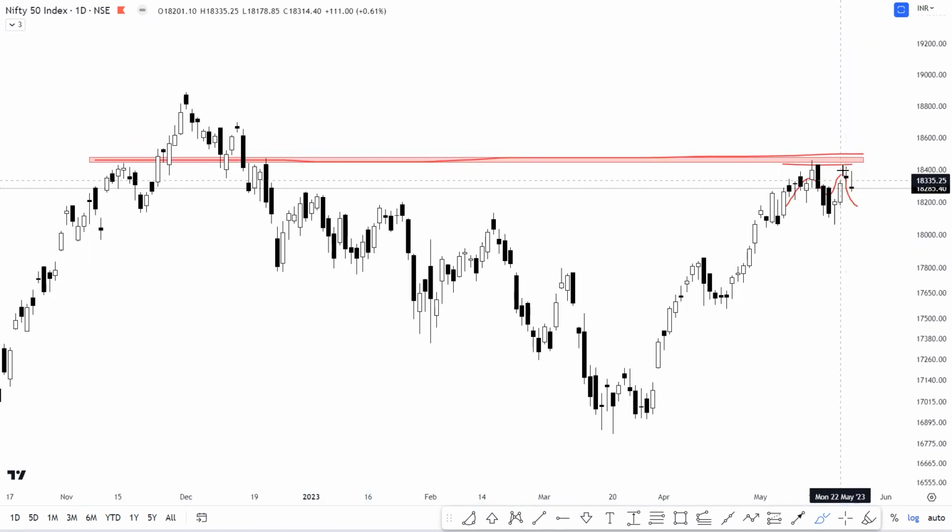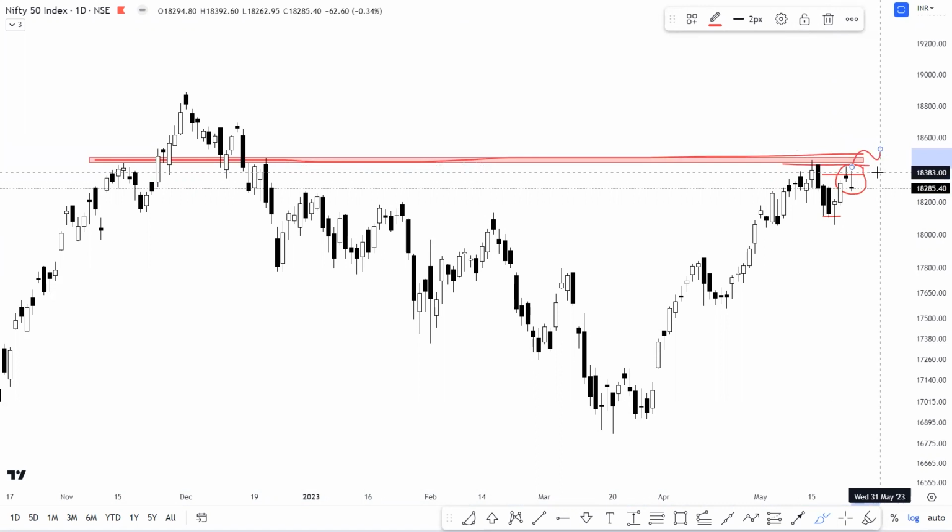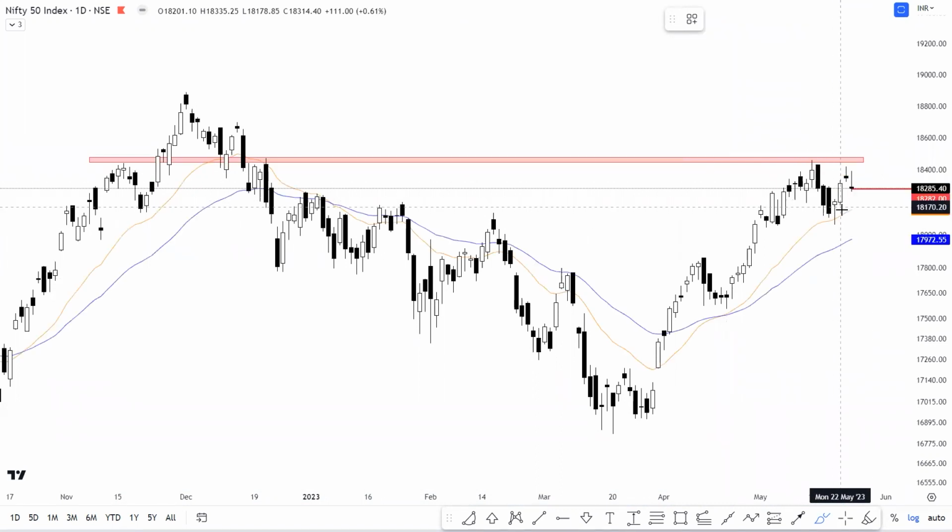Now, one thing to remember about any candlestick pattern is that it holds relevance only at key areas of support or resistance. So over here you can see the resistance zone and along with it the long upper wicks, which are simply suggesting the failure of the price to break through the zone and the presence of aggressive sellers at the highs. In today's trading session, Nifty has closed right at the support level of 18,282,